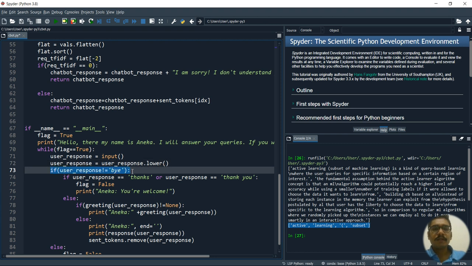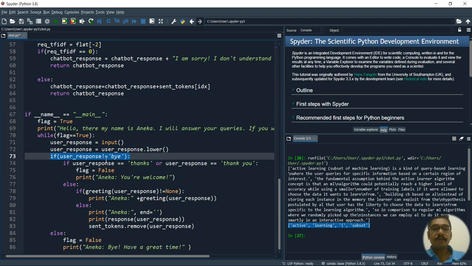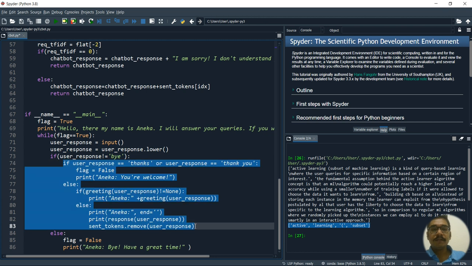If the user responded with bye, then the entire thing you see highlighted here won't get executed. It will directly set the flag value as false, and it will say bye, have a great time.